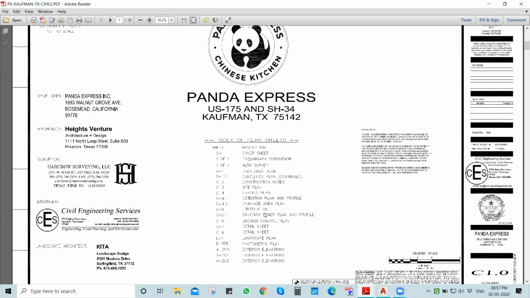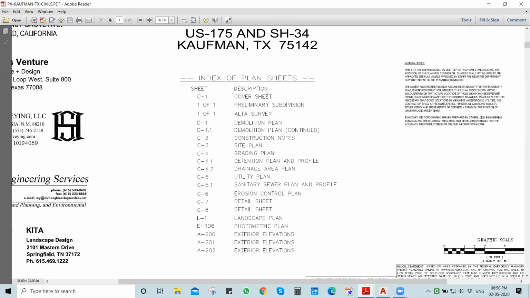So if you have a site, you have to create the index of the sheets generally like this. It contains some sheets like the demolition plan, the site plan, grading plan. So the demolition plan actually shows what structures existing on the site are going to be removed by the developer. The site plan shows us the proposed architectural plan set properly in our site margins, meets and bounds of the property.